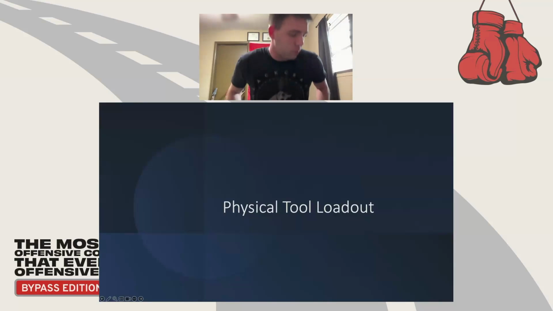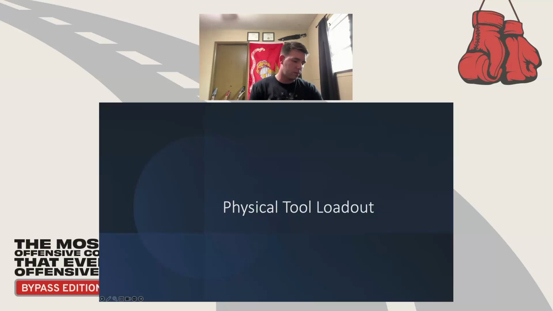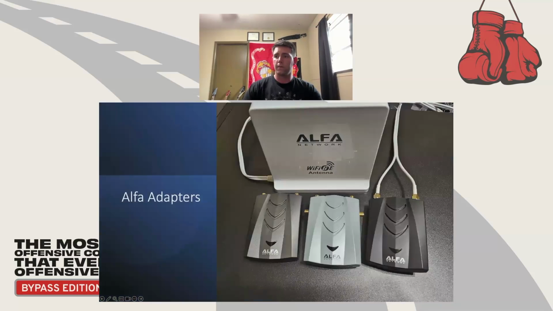All right, physical tool loadout. Before approaching an op, we want to know what tools we have to use. I have a handful of recommendations, but getting started for Wi-Fi, I have 3 primary Alfa adapters that I recommend. The one on the left there is the 036 ACH Gen 2. You're probably familiar with Null Byte blogs or Medium blogs talking about using the Alfa 036 ACH to do your Wi-Fi pen testing. That is typically geared towards the Gen 1, which uses a USB 3.0 Micro B,